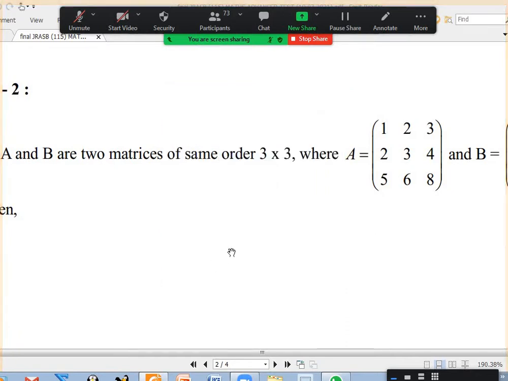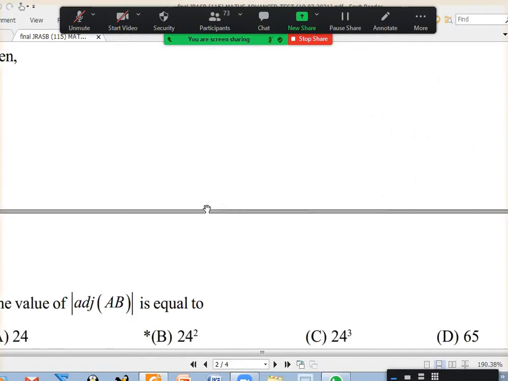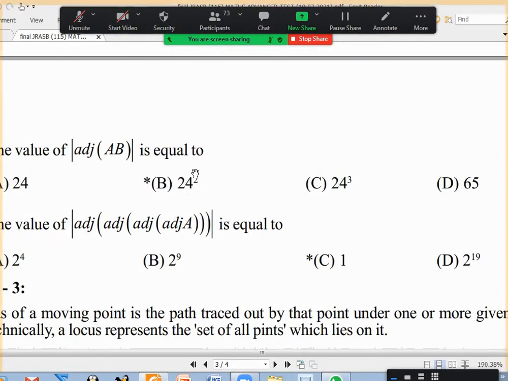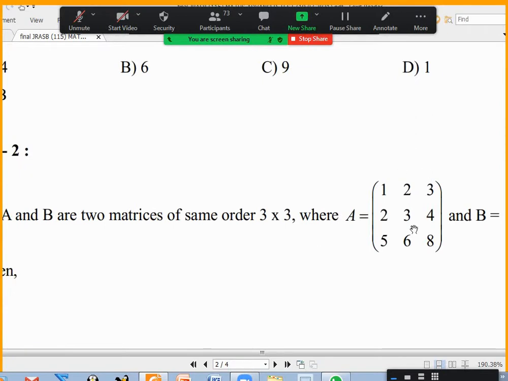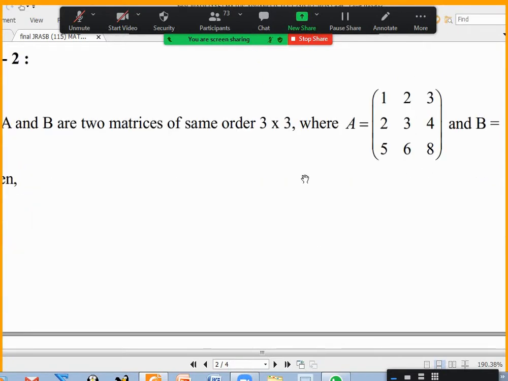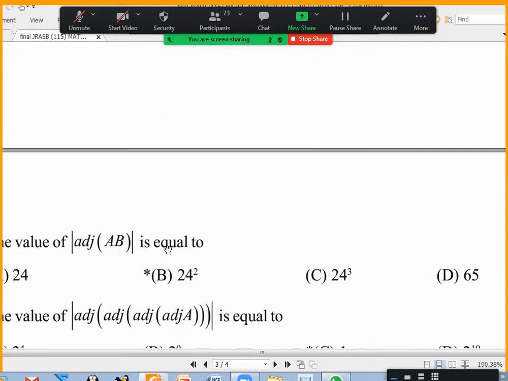Okay, passage 2, there is matrix A and matrix B. First question, anybody any doubt? Second question. Anyway, you can find that A and that B separately. That AB you can find. That det of A may come 1 or something, that may come 24 or something. Det of A is -1, sir.